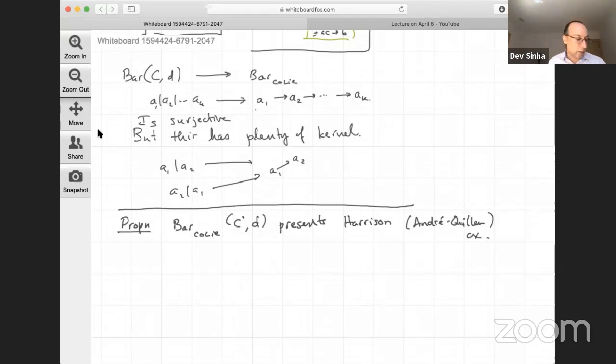So the Harrison or André-Quillen complex. So that's really computing the homology of this, which is the natural homology